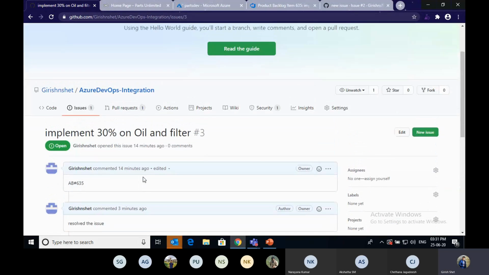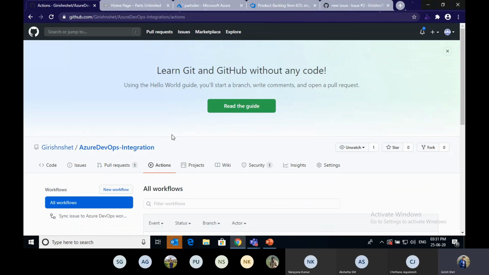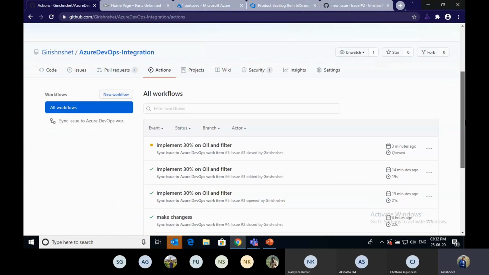Whenever the issue is closed, my action should get triggered here. You can see my action here. Yeah, the GitHub action workflow got triggered here.